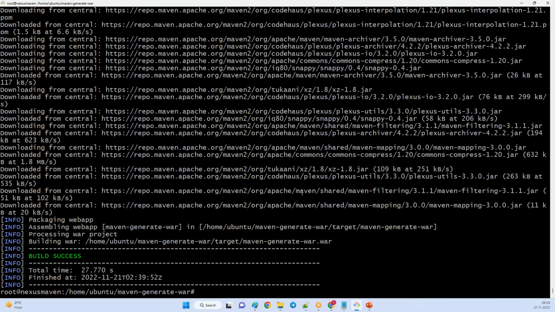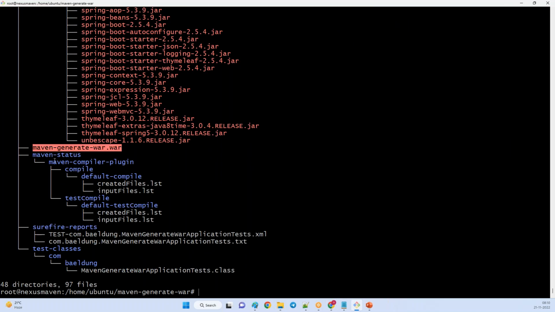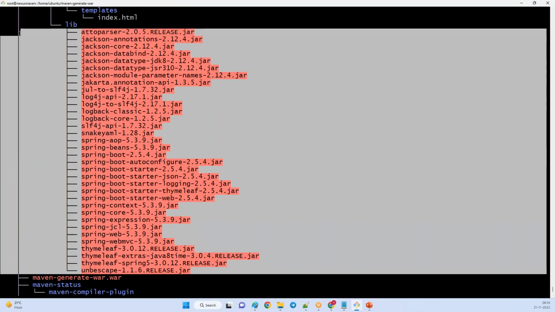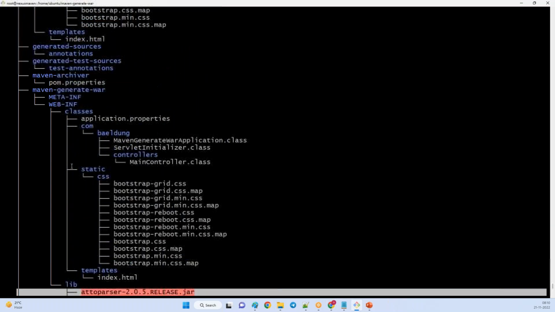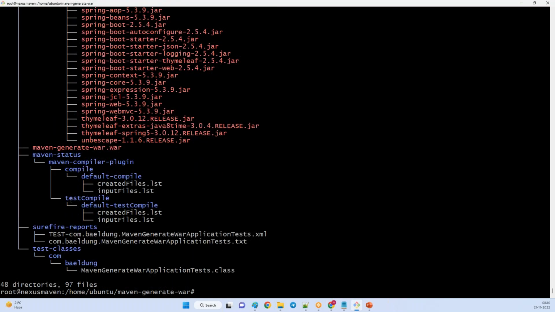Right, it generated a war file. Let me check the current location. You can see the generated war file is created, and the remaining jar files, the dependencies, are also generated. Under which folder? Target. So anyway, the war file is generated.